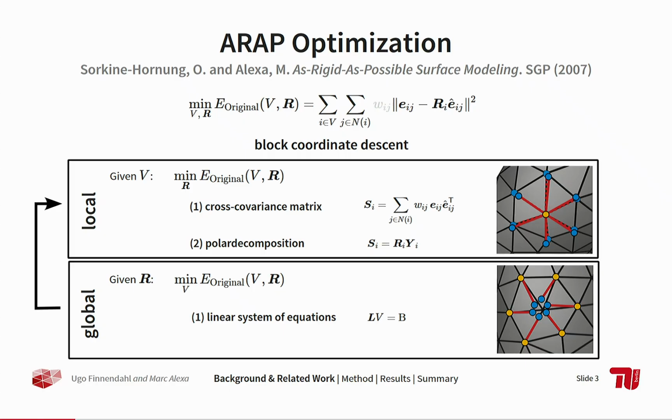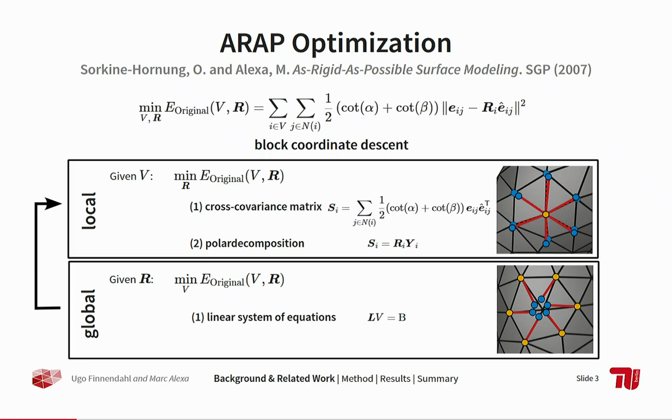Okay. One last thing, you might notice that the linear system of equations for the global solve is called L. And this is no coincidence because Mark and Olga found that the best weights for each edge are the cotangent weights, leading to the fact that the system matrix is the discrete Laplace-Beltrami operator. Okay, this works and leads to impressive results given such a simple method, but sometimes it behaves